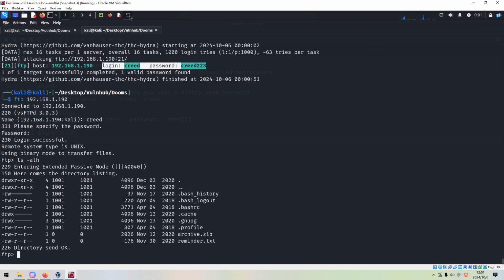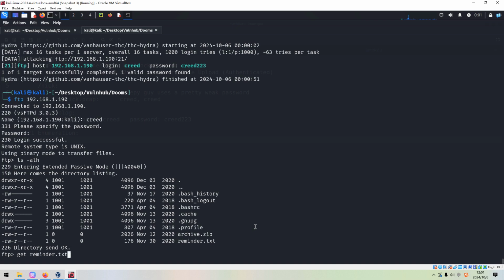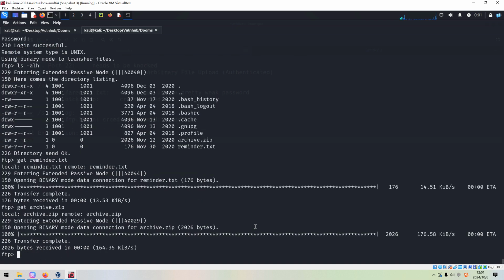It works. So from the structure and the file names, we can guess that we are within the home directory. Okay, and we can get reminder and get archive.